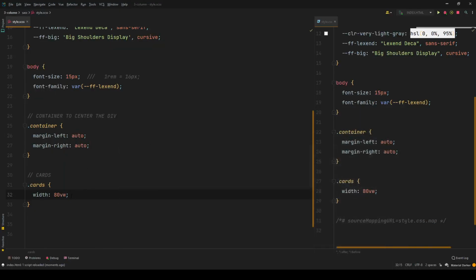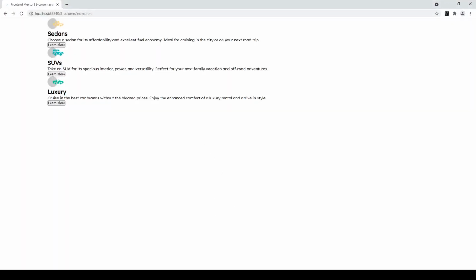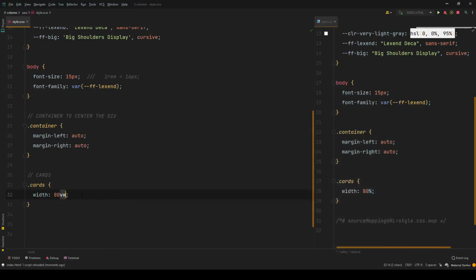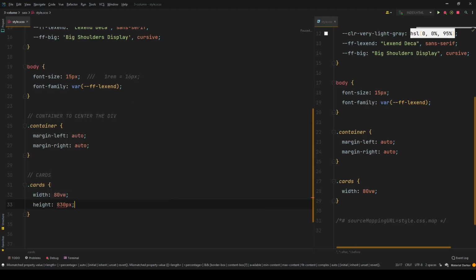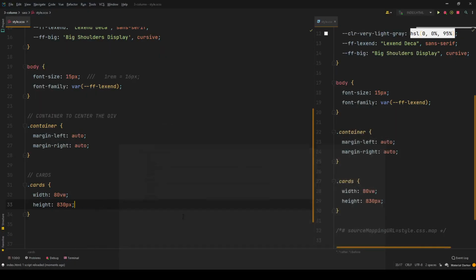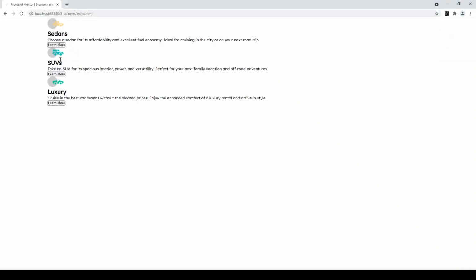You can also use 80% like this. It will also work, but I prefer using viewport units here. For the height, let's give it a static value of 830 pixels. This is a value I initially calculated, so we will not notice anything here. But now, as you can see, this thing has been shifted to the right. It's centered now based on the